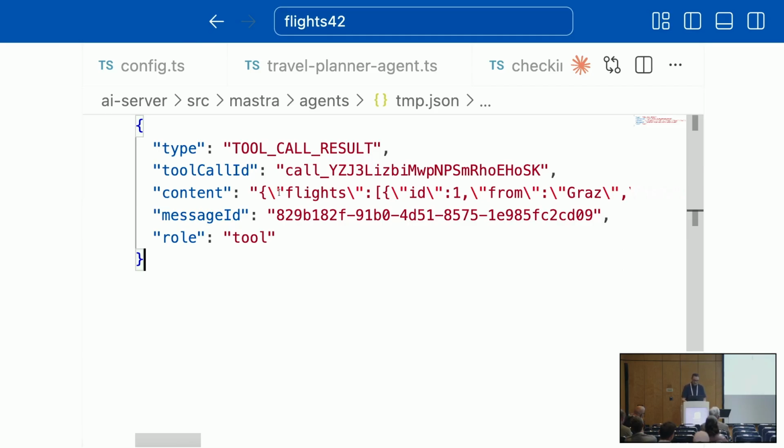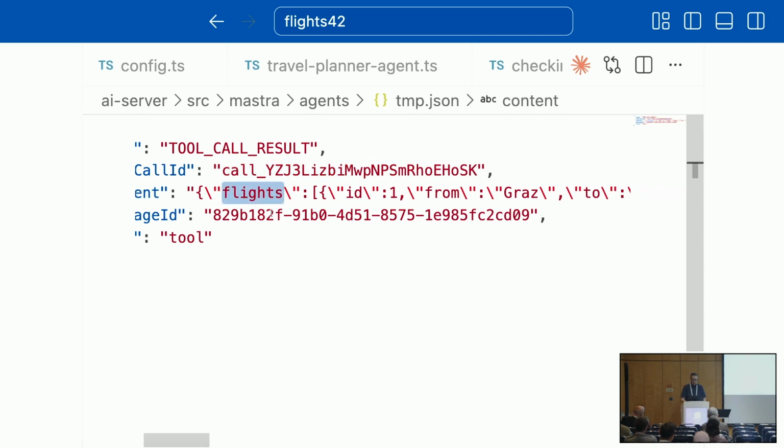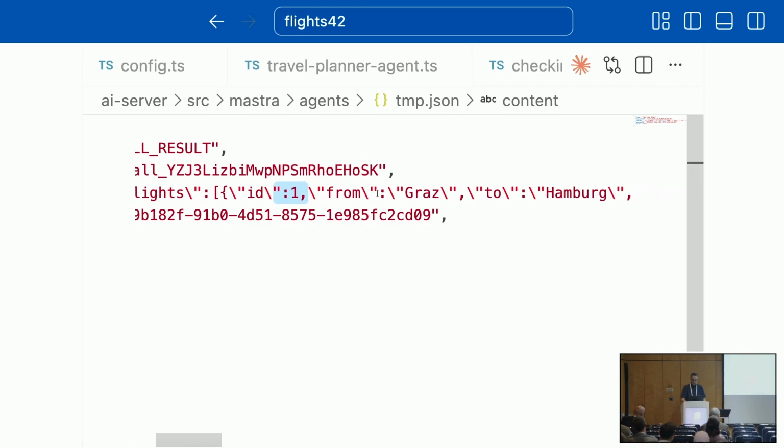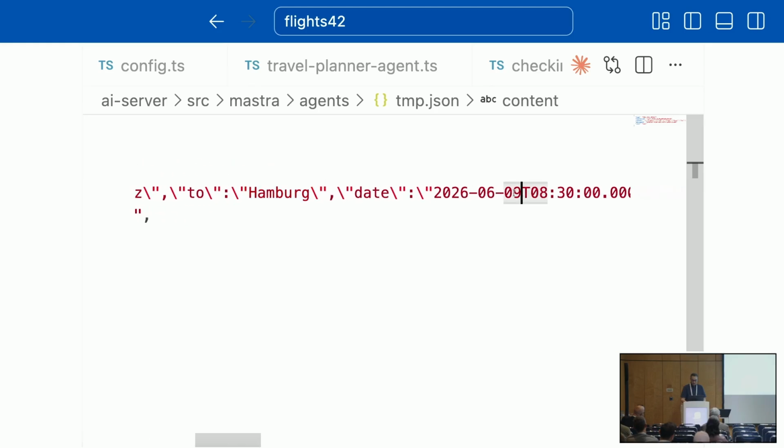So what we see here is, well, it is a result for our tool call. And here we see some content, also JSON. So we got the flights of the current user with the ID one, with Graz, Hamburg, with this date. We really have to be fast to catch these flights.